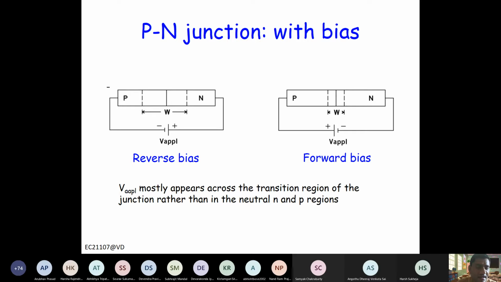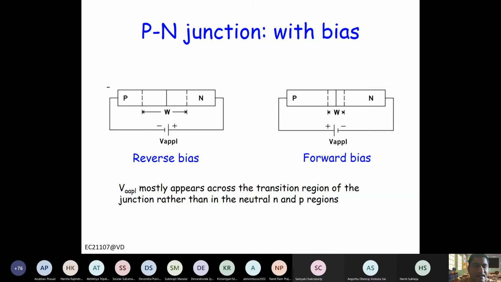First of all, at the barrier, electrons and holes diffuse from high concentration to low concentration, and that exposes some of the fixed charges, which will produce the electric field. This electric field in turn will produce a drift current, which will be equal and opposite to the diffusion current. So there will be net zero current. We also discussed there are four components: electron drift, electron diffusion, hole drift, hole diffusion.